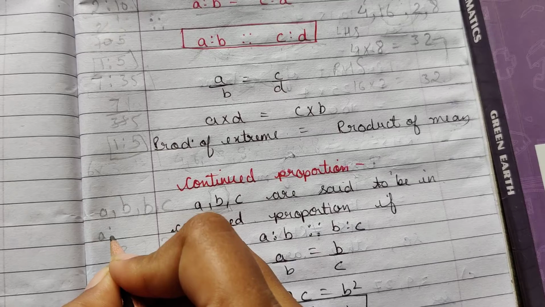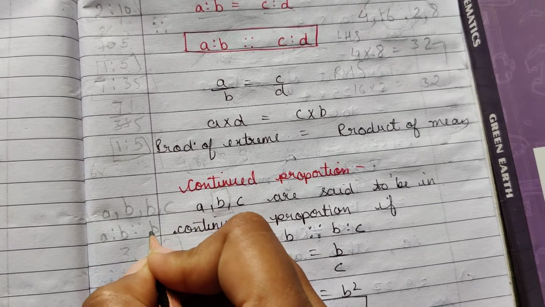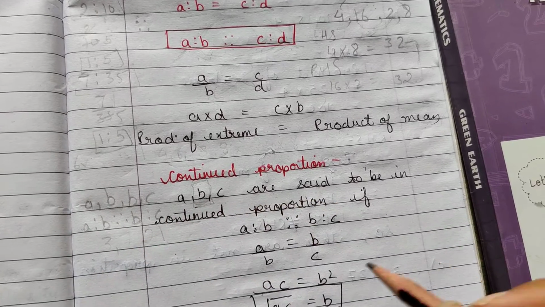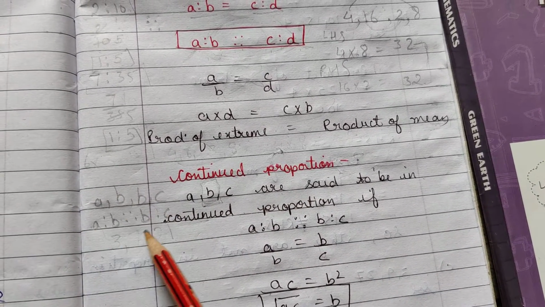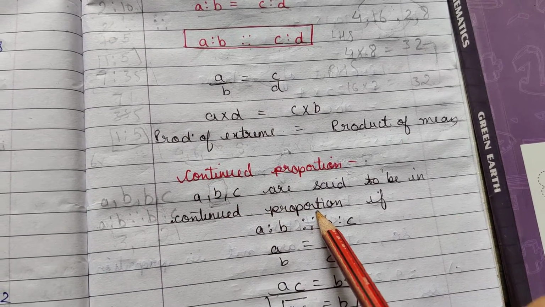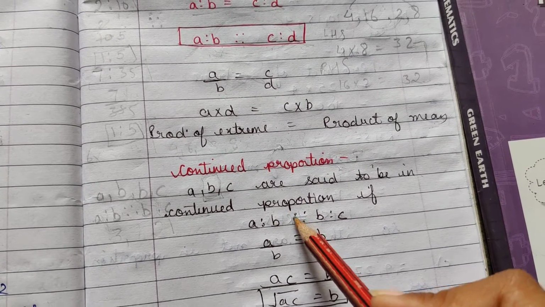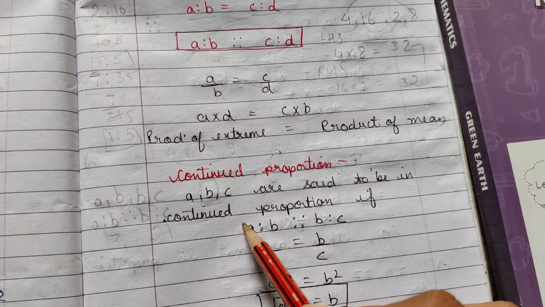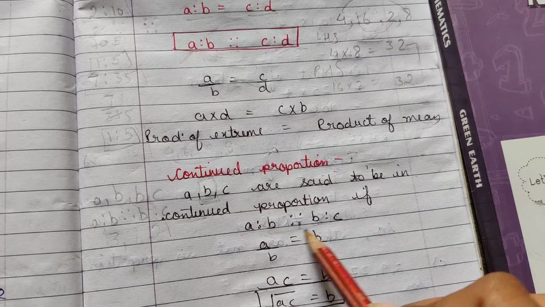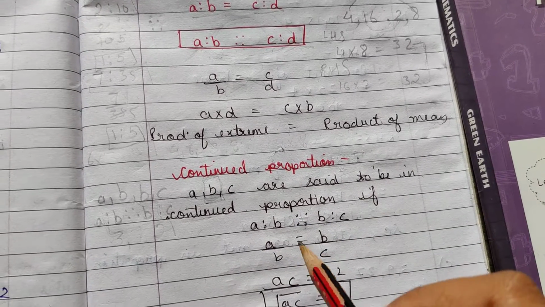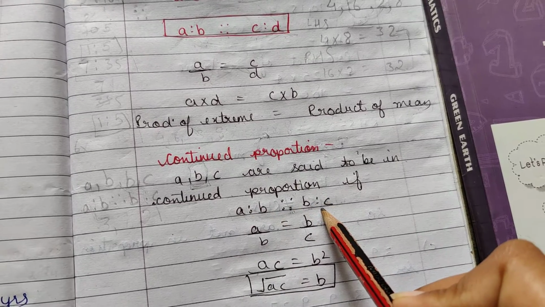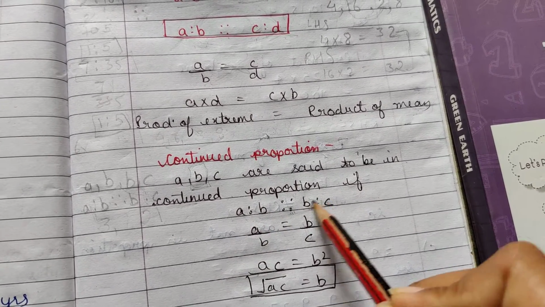उसके बाद इसको a is to b is proportionate to b is to c कर देते हैं. So this is when the middle term is being repeated 2 times, that is continued proportion. So a is to b is proportionate to b is to c. If you see anything like this, that is continued proportion because the middle term is being repeated or continued 2 times. ठीक है, so writing it in the same way, since they are in proportion, both the ratios should be equal. So a upon b should be equal to b upon c.